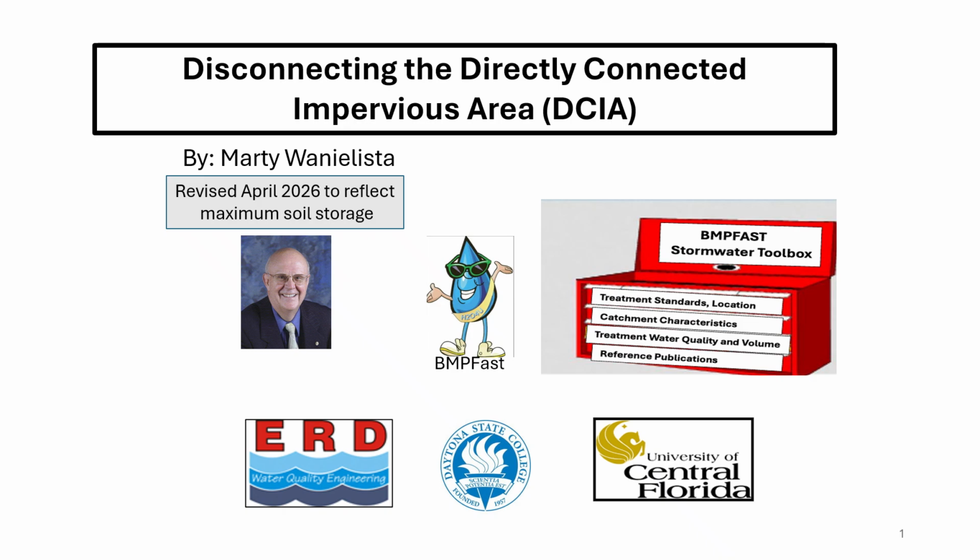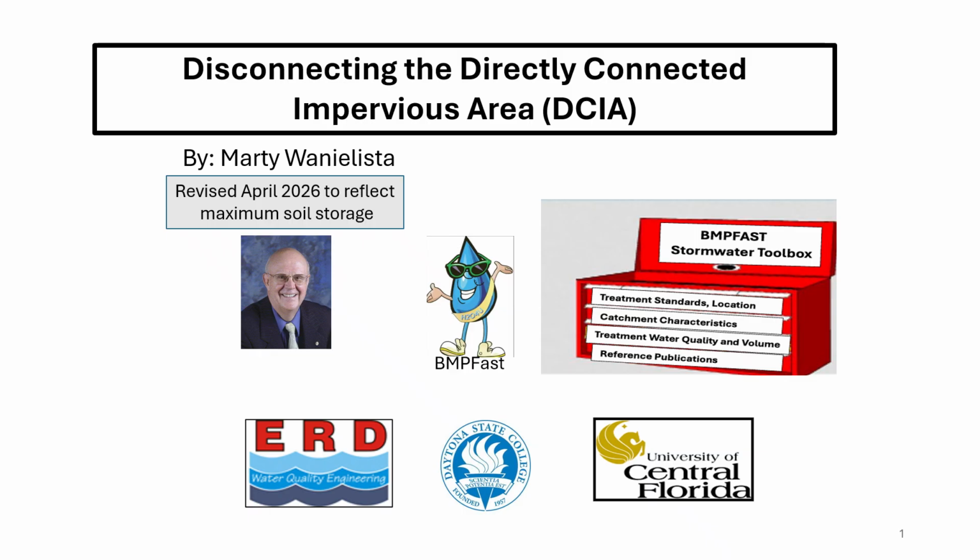This presentation covers the concept of disconnecting directly connected impervious area, commonly referred to as DCIA, and how to calculate maximum soil storage when impervious runoff is redirected onto an adjacent pervious area. Disconnecting impervious surfaces from the storm drainage system is a widely used green infrastructure strategy that helps reduce annual runoff volumes and pollutant loads. Getting the calculations right is essential to realizing the full benefits of this approach, and this